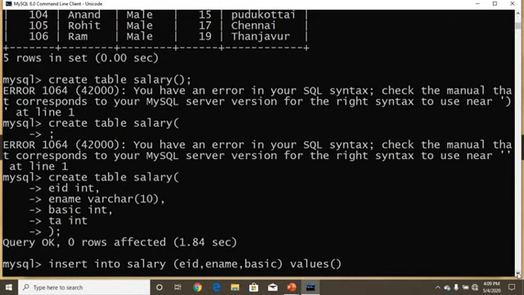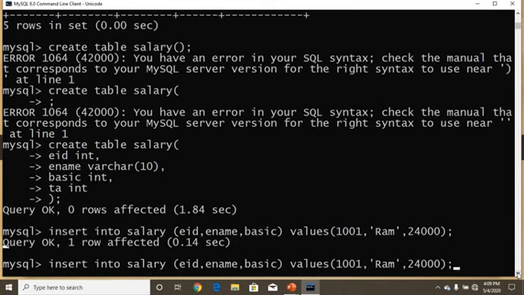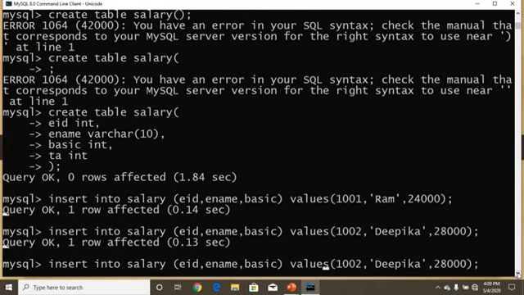So now I am giving these values only: employee ID 1001, name Ram, salary 24,000, end with semicolon. Query OK. Another record, 102 Deepika 28,000, and then one more last one, 103, name Anand, salary 40,000.